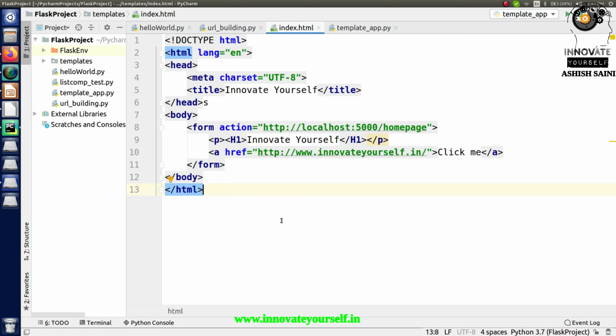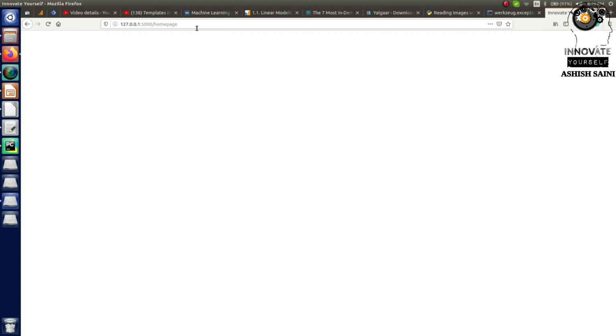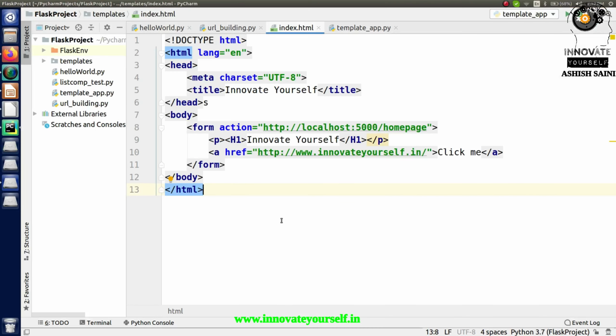I want to create a web page, and on that web page I will add one text box, and into that text box you can enter any text. After entering that text I will click on a button, which will be a submit button. When you click on that button it will redirect you to some page and display a message. Let's say I enter some text, and with respect to that text I will display some message to you, so that it will be helpful for you to get that data and use it in whatever way you want. So this is all about that. Let's get started and see how we will do that.